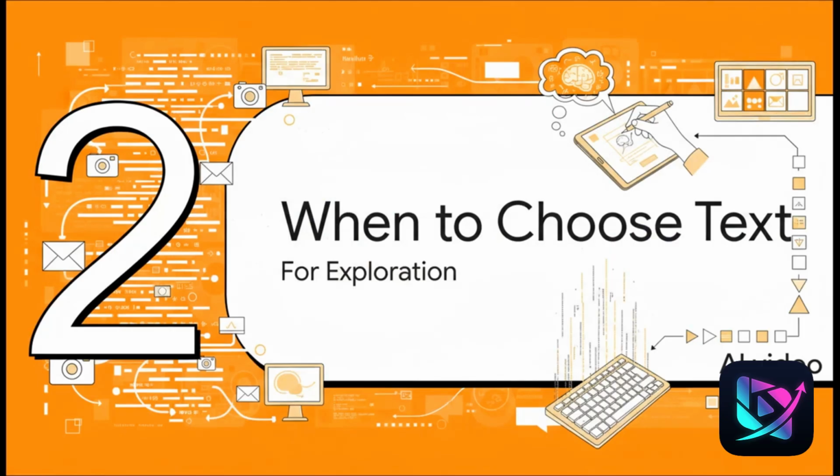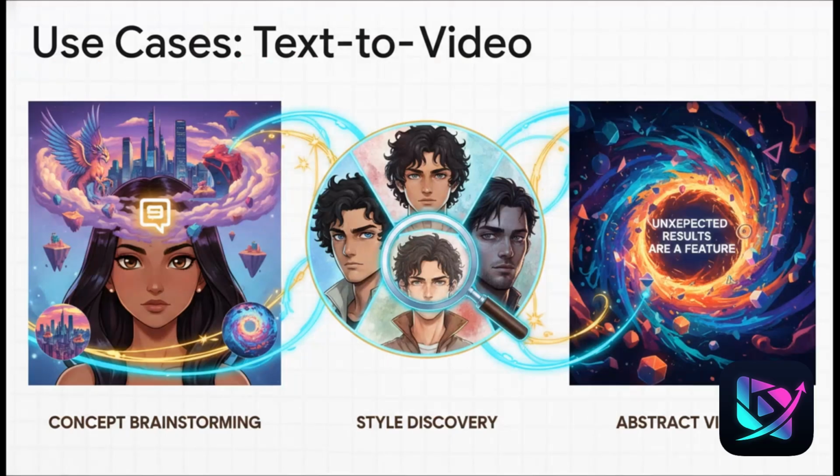All right, so let's get practical. When should you actually choose this ideation workflow? Let's break down the specific use cases where starting with just a text prompt is the smart, most efficient way to go. Okay, there are really three key scenarios here. First up is concept brainstorming, right? You're just trying to visualize a brand new idea completely from scratch. Second is style discovery. This is great for when you're asking the AI, hey, show me what cinematic art deco might look like for this scene. And third, it's perfect for abstract visuals, where those weird, unexpected changes are actually a feature, not a bug.